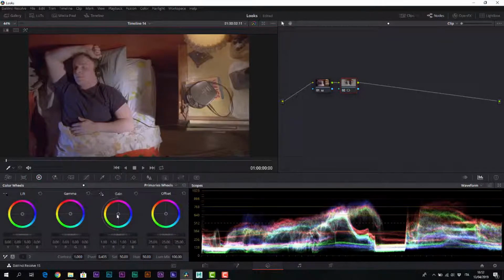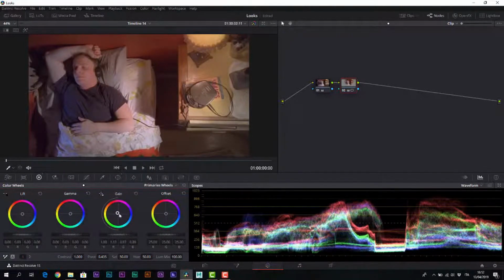Let us go to the primary wheels and counterbalance by heating this part again. In this way, we have moved from a completely cold situation to a situation where the lamp emits a warm light, but with a gradual fall-off towards the cold of the outside world. We consequently create another serial node. We also connect the matte in this instance in order to obtain an inverted matte,